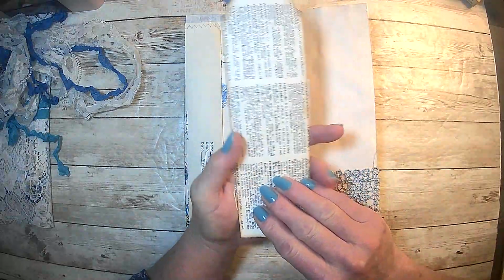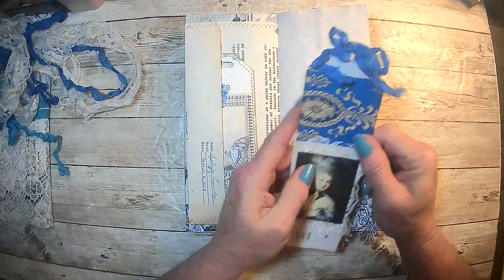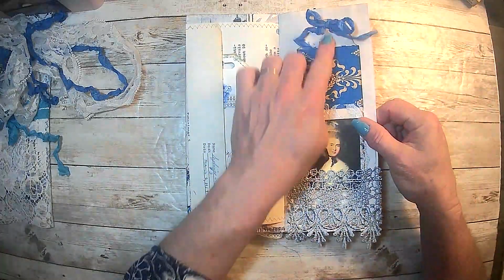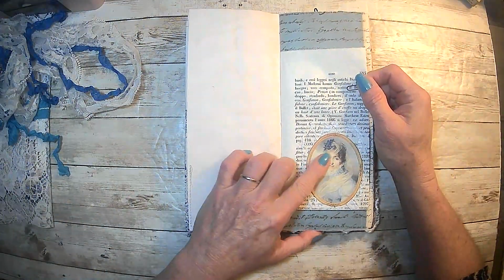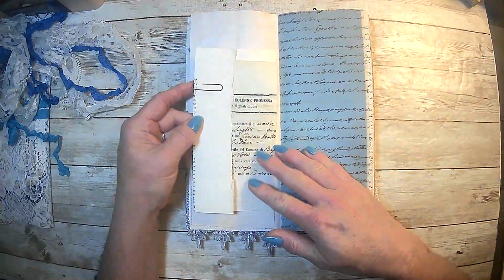And here is this one. Now, I had asked her if she wanted me to back the back of the tags, and she said no. So those were intentionally left blank for her. Some crinkled seam binding at the top. And this is avocado dyed paper. And just took a beautiful image here, a little bit of lace behind it on this antique book page, and